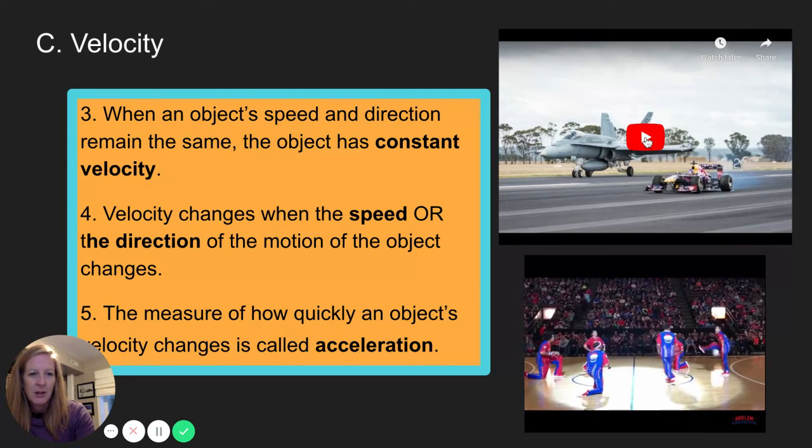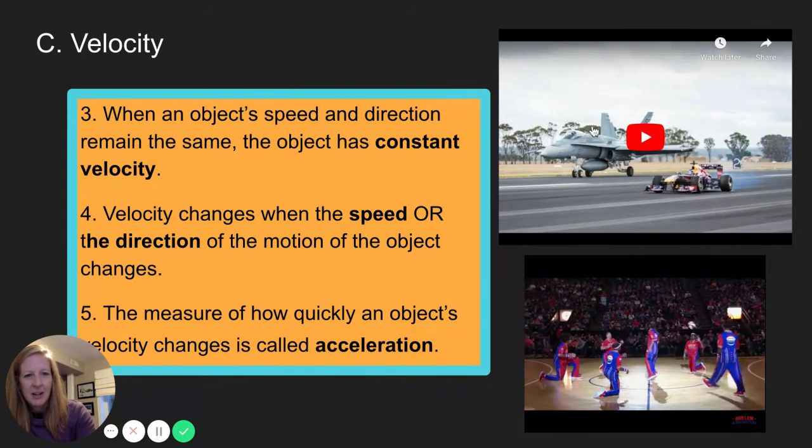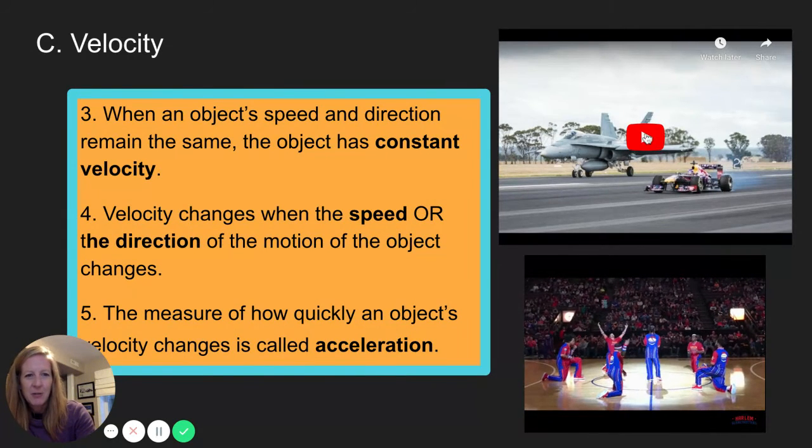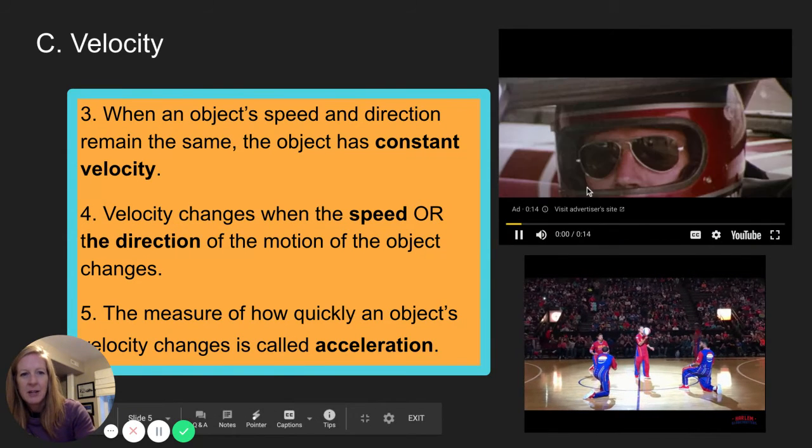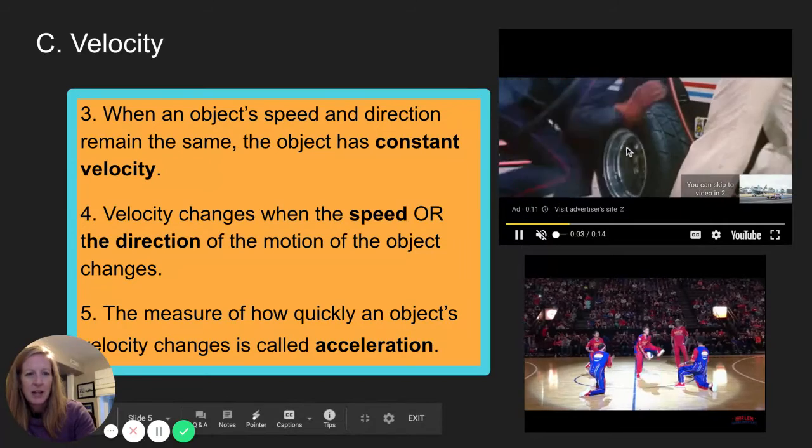So when we're looking at this jet and this car, they were racing, right? And so when they're racing,